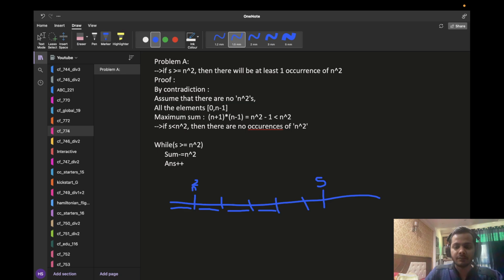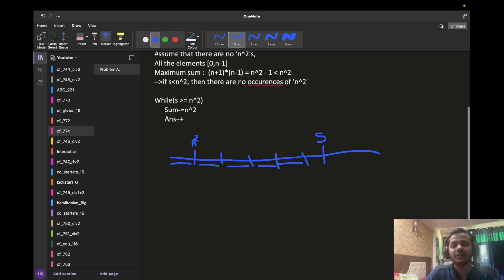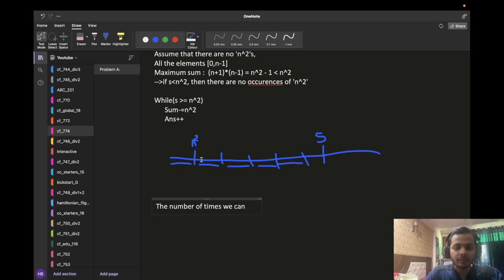And once we are here, we notice that if we decrement s by n square, then s will become less than 0, and that is not allowed. And so here we notice that the answer is nothing but 5. What this is trying to tell me is that we have two blocks, one bigger block of size s and one smaller block of size n square, and we need to find the number of times we can subtract the length of the smaller block from the larger block,